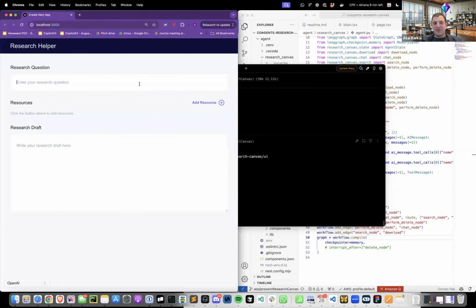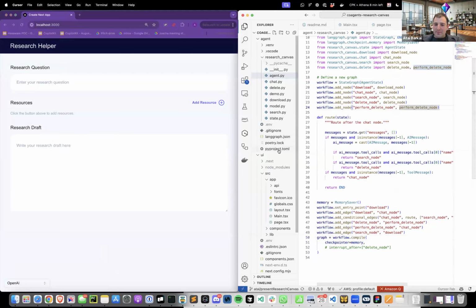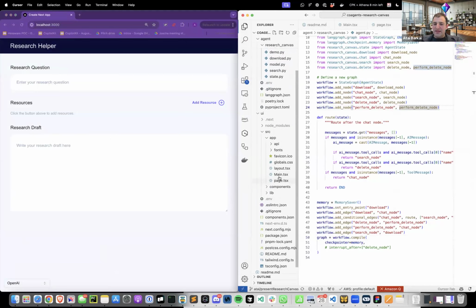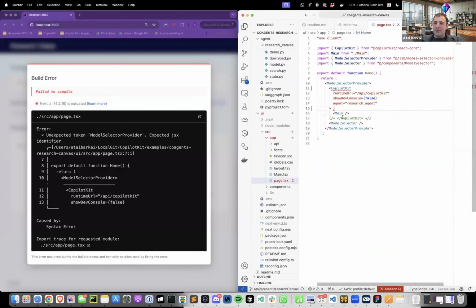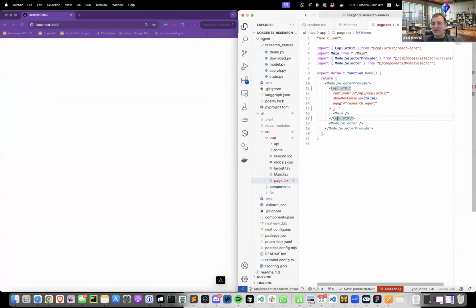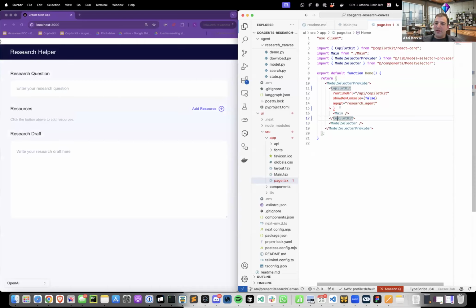So we're starting with a native application where there's no chat here. There's no AI agent native capabilities. And yeah, you can add resources, you can use the application, but we again want this virtual colleague at our side. And so the first thing we're going to do is in the agent application, we're going to go into the page.typescript and bring in our Copilotkit wrapper. So now we wrap our application with a Copilotkit context. And you can wrap the whole application, or you can have just parts of the application where you want agentic behavior. And we pass it